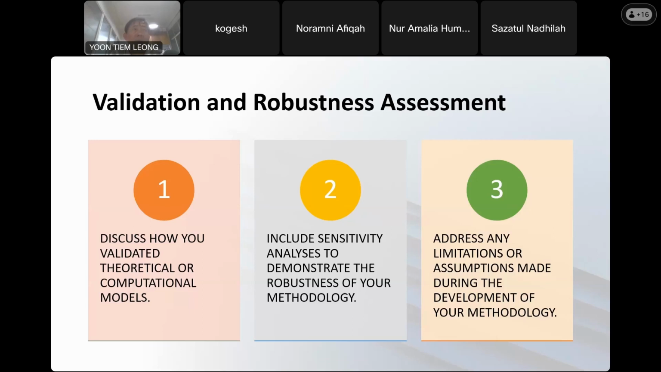But if you cannot defend it, then you will be in trouble. So you must, in the methodology part, explain how you validate your theoretical or computational results. Sometimes you also want to include the sensitivity analysis to demonstrate the robustness of your methodology, meaning that you have